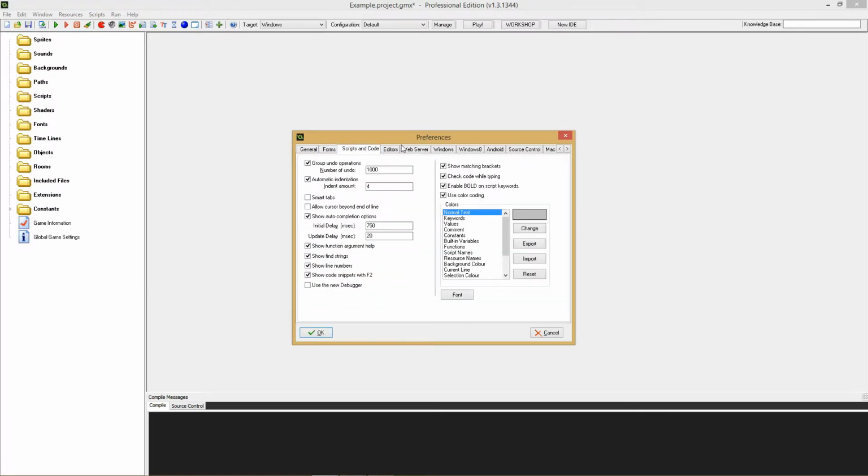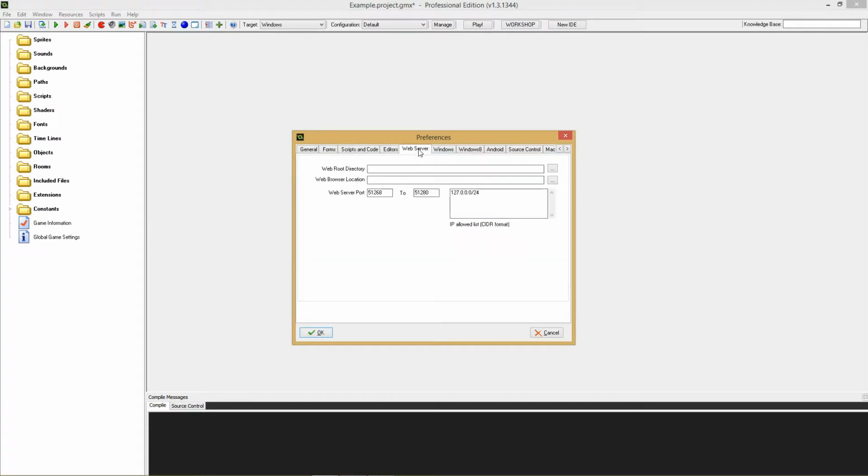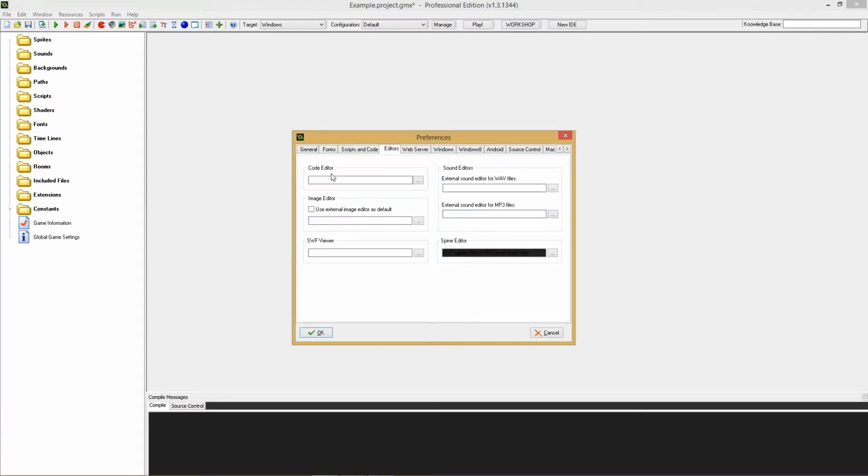And then there's some forms, when you're coding and stuff like that. You can change the editors, so you can, for example, have a custom program to write the code in instead of the standard. I'm just using all the standards because I quite like it. And of course there's Spine and Flash 2, and that's simply because of some of the new functions you have. And this is then linked to, I have Spine installed, so I can edit my Spine files